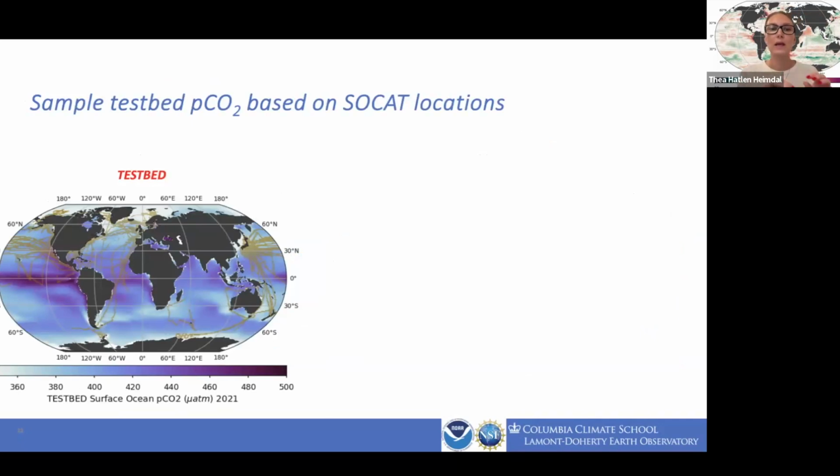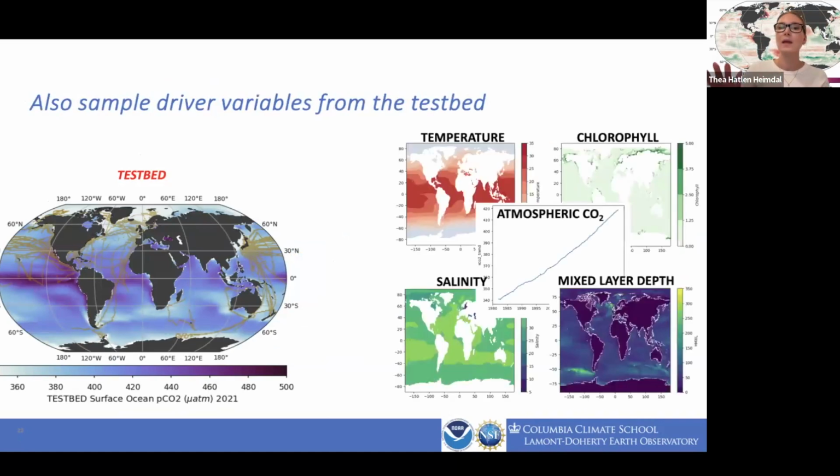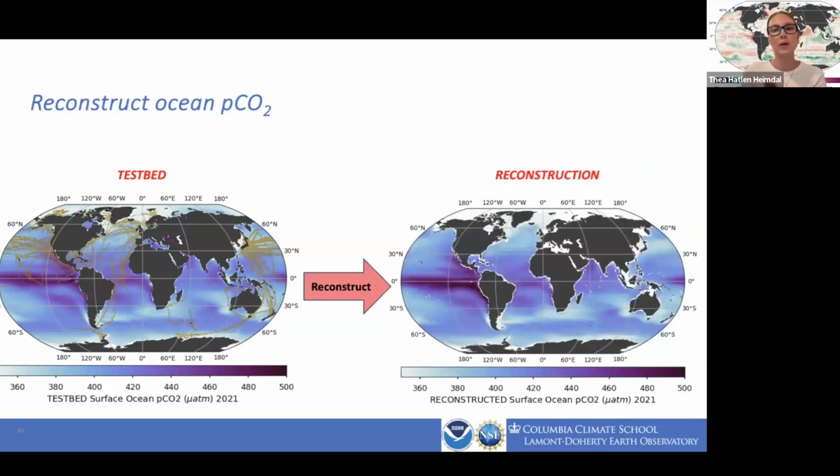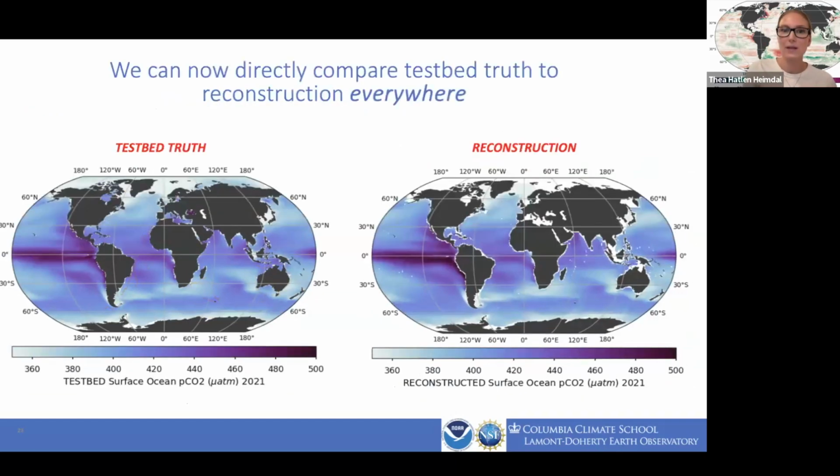Those are the only times and locations of PCO2 that we pull from our testbed. Then we also use driver variables that Abby talked about, but from the testbed. And then we do our machine learning, we reconstruct in the same way, but now the difference is, before we could only use this 20% of test data to look at how well our reconstruction is doing. Now we have a reconstruction that we can compare to the testbed truth everywhere in time and